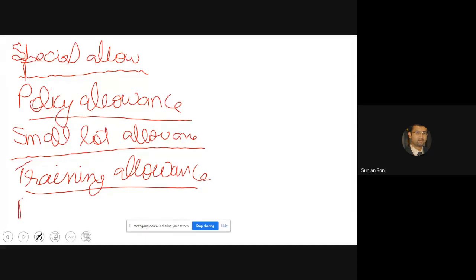Then you have rework allowance. Rework allowance is provided in certain operations where some parts made by workers are spoiled. Now let's say a certain job is there on which 10 people are working, right?